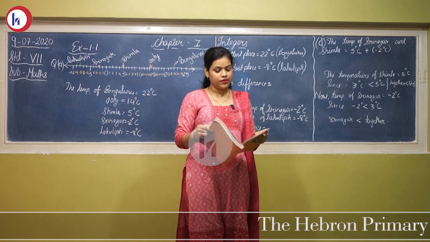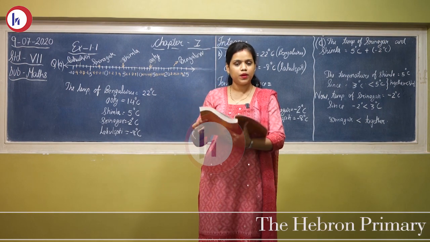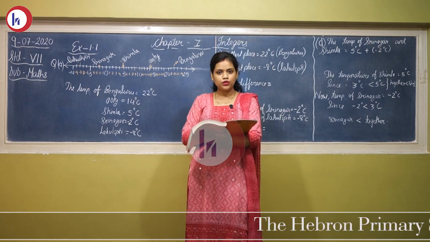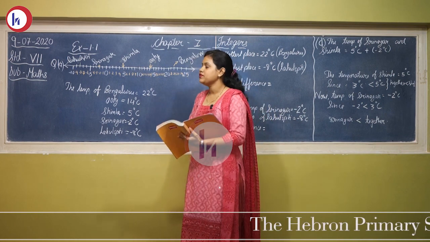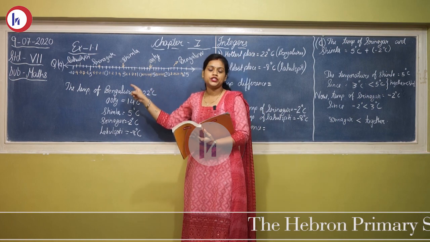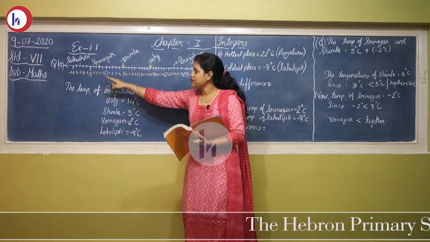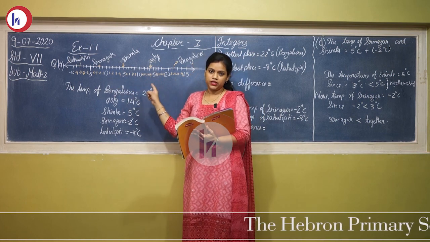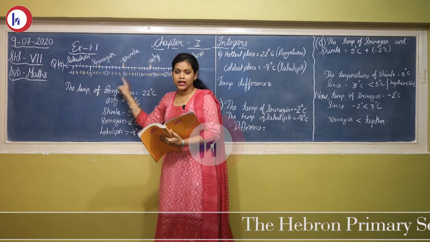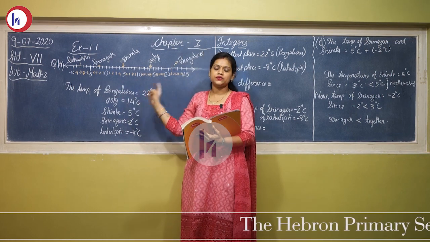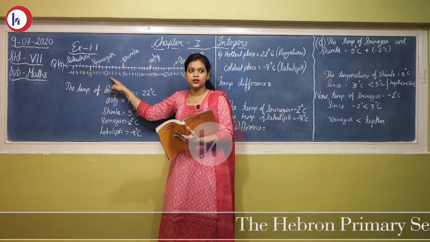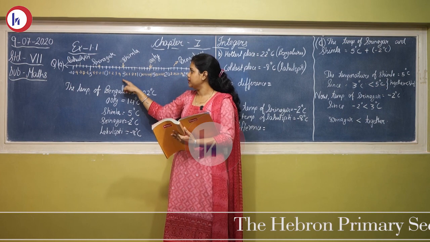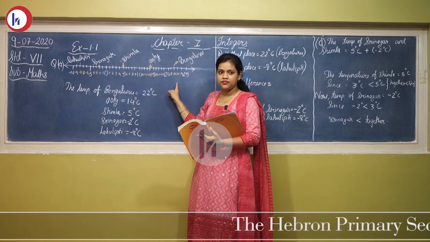Now we will start with our first exercise, that is exercise 1.1. I will request you all to please keep your textbooks with you when you are watching this video. We will start with our first question. In our first question, a number line is given with some incomplete numbers. So the first thing you have to do is complete the number line. Draw the number line in your classwork and complete it. That means indicate all the numbers. I have indicated the numbers with orange color. So you have to complete the number line first.